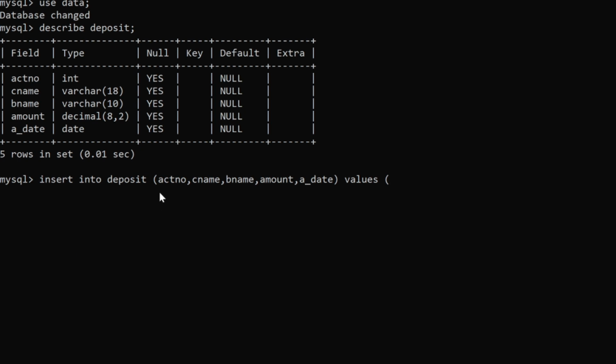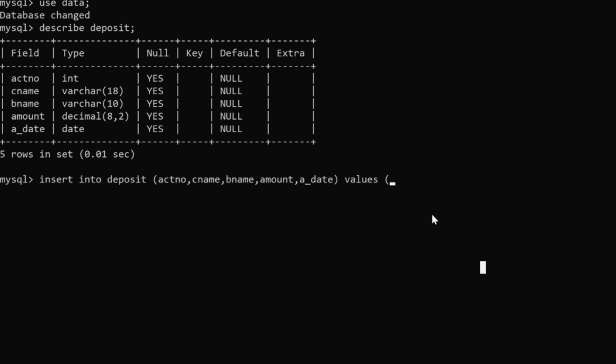The values which I want to insert in these columns: first I have written the column account number, so first I have to write it for the account number only. Then it comes the C name, B name, amount. So this format or this way of writing should be the same, that the precedence of this should be the same.